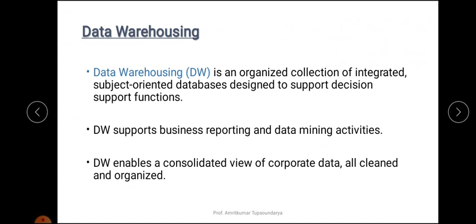And ultimately, at the end of this lecture, we'll be discussing the data warehousing architecture. In the end, we'll be discussing a few questions taken from the previous year question papers, so that we can have a complete overview of this chapter of data warehousing under Module 3.